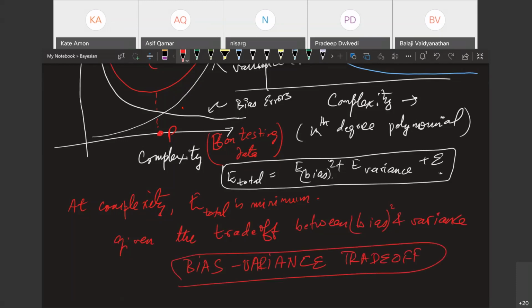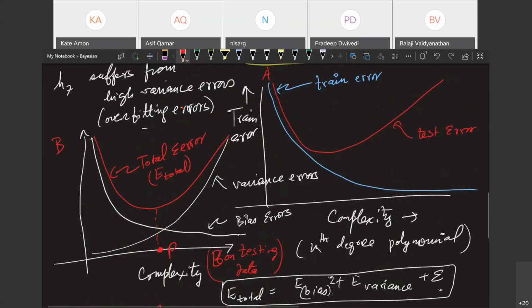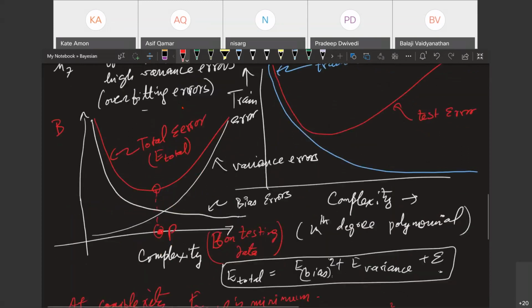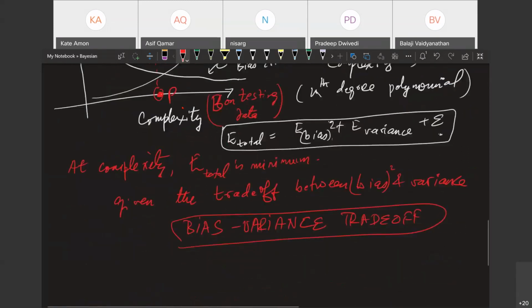The fact that in reality, as you make your model more and more complex, variance errors will keep rising and bias errors will keep coming down. And so there is an optimal point at which the error would achieve a minimum. And that is the model that you're looking for. Because what happens at that point? At that point, the complexity of the model